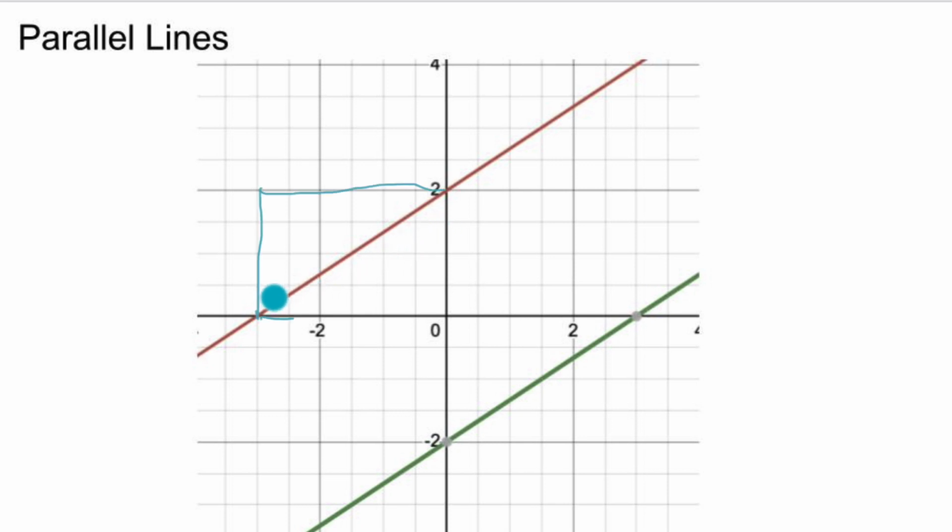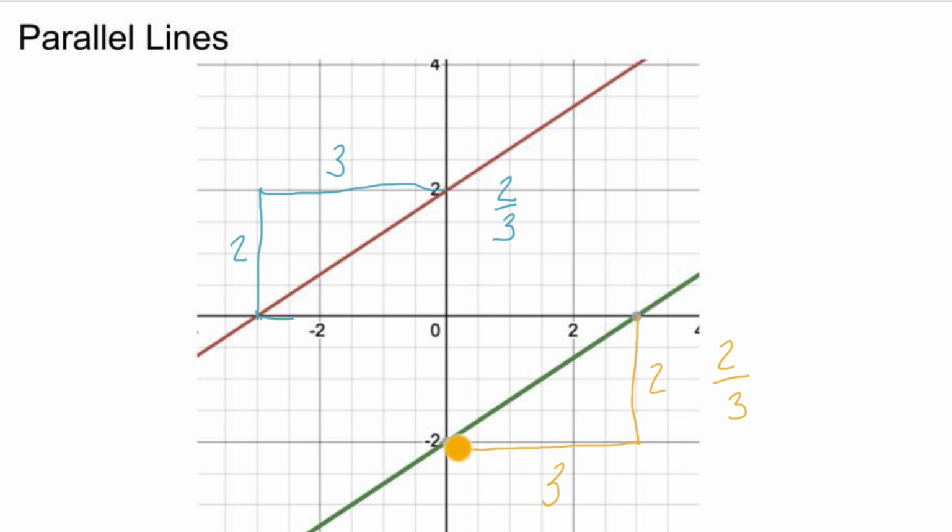So this red line we can see has a rise of 2 and a run of 3, giving it a slope of 2/3. This green line we can see has a run of 3 and a rise of 2, so it also has a slope of 2/3. So anytime line equations have the same slope but a different y-intercept, it means they will never